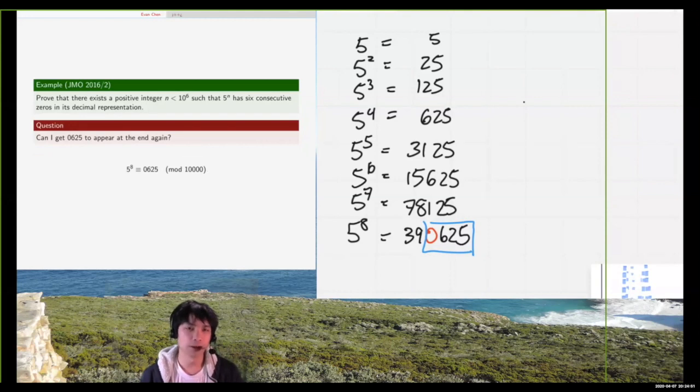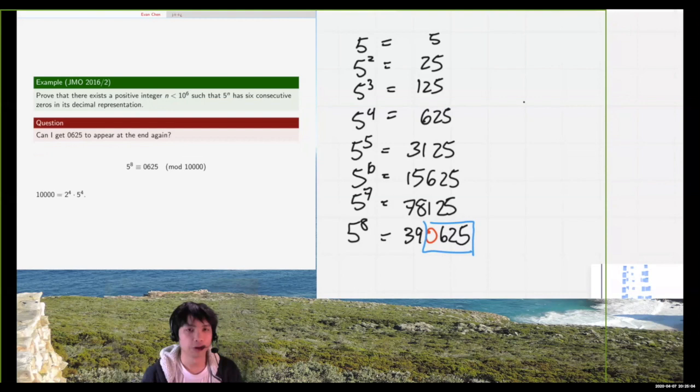Mod 10,000 is a very big number, which makes it hard to think about. So what I'm going to do is split this 10,000 into two things. It's 2 to the 4th times 5 to the 4th. So we are almost always fine modulo 5 to the 4. I keep throwing 5s at this number, so it will always be divisible by 5 to the